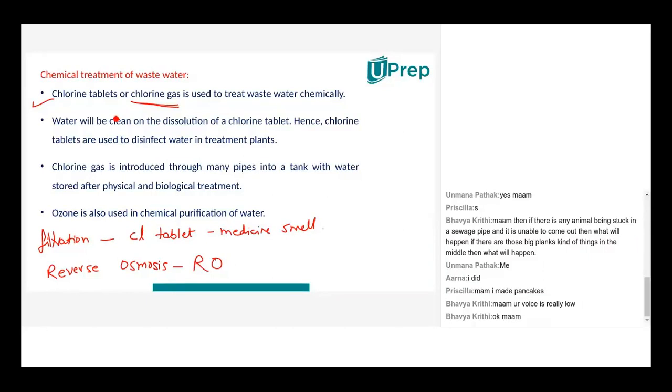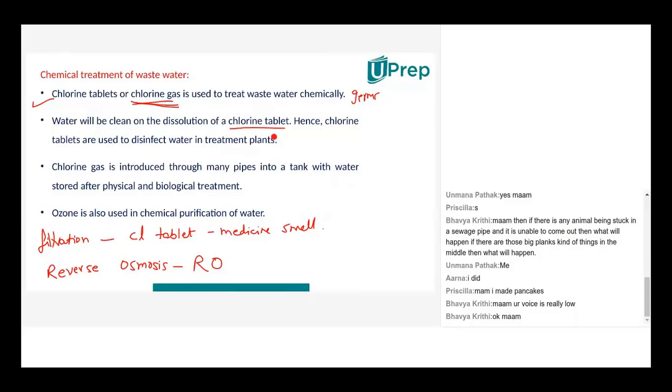So chemically, when chlorine is passed to that water, it kills many germs, right? Many germs, a few microbes, a few, not all, let me tell you, only a few microbes, a few bacteria, right? They are killed by passing chlorine gas through that water. In case the water is a bit lesser, as in, it is being supplied only to a high rise, a high rise which is almost 20 floors, there could be 500 families or maybe 200 families staying there. So there they could use a chlorine tablet.